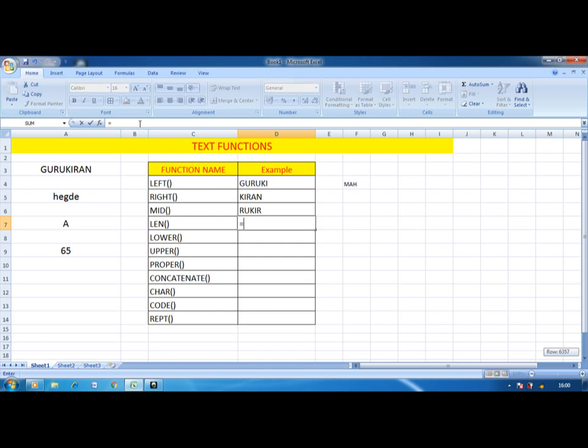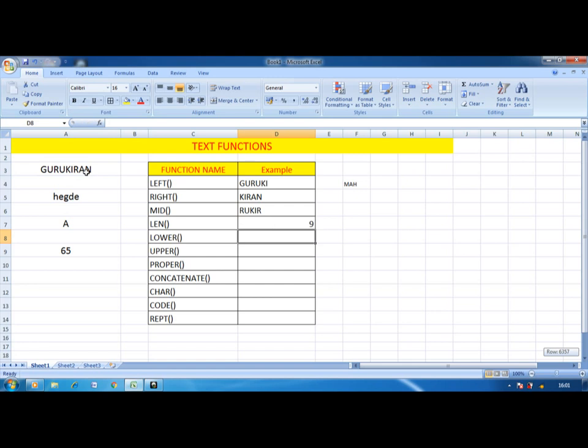Next one is LEN. This function is used to count the number of characters, meaning it is used to find the length of the given text. So is equal to LEN, then the text is this one, then close the double quotes. How many characters are there? 1, 2, 3, 4, 5, 6, 7, 8, 9.